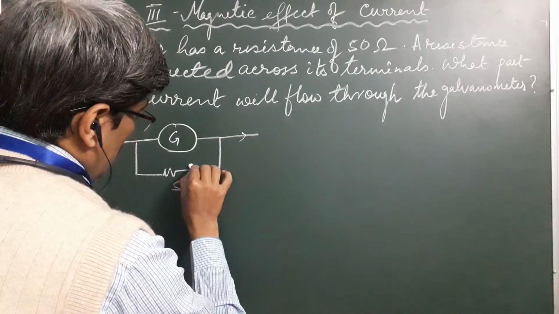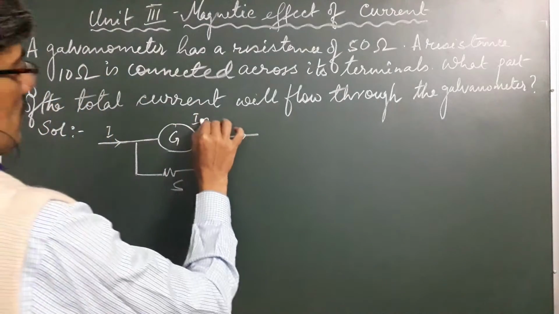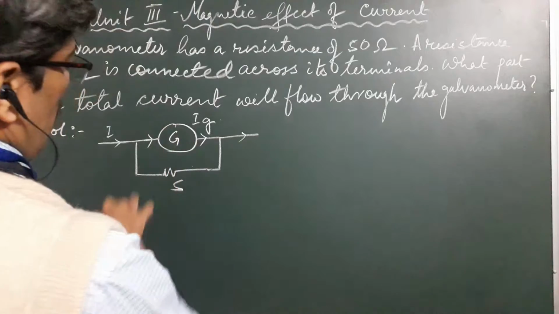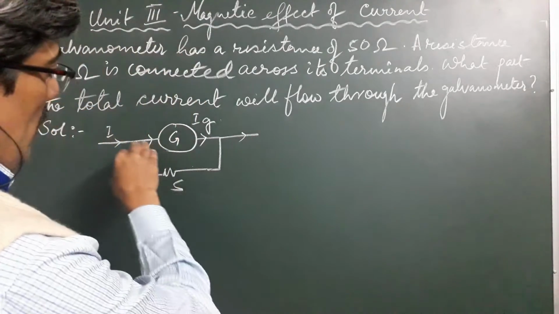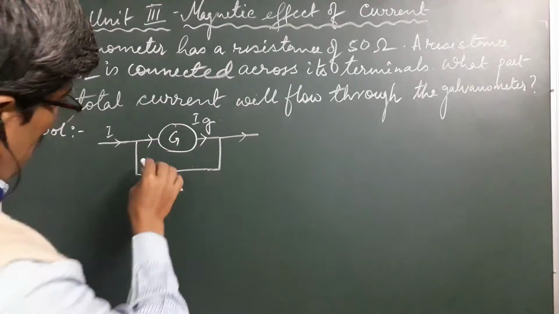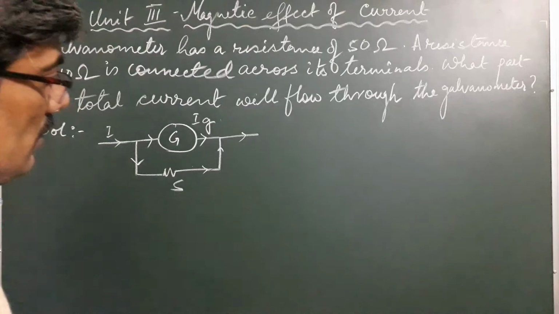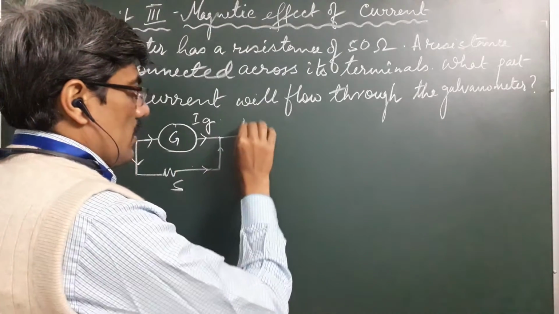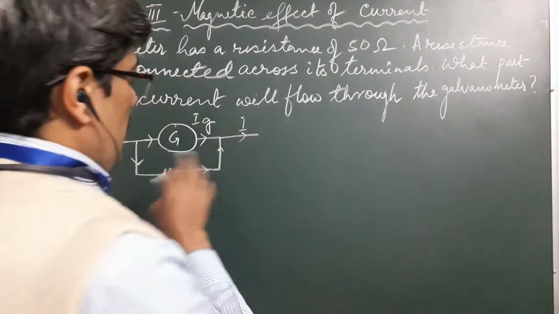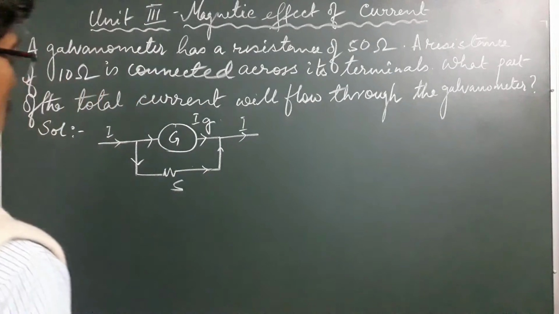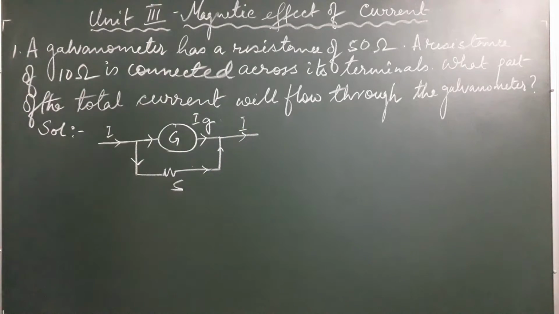us consider the current flowing through the galvanometer is Ig, because here the current will divide, one part going through the galvanometer, the other part will be moving through the shunt, and then they will reunite once again at this particular point to give a final current of I. Right? You have understood what the diagram is. Now the question is, what is the value of Ig?